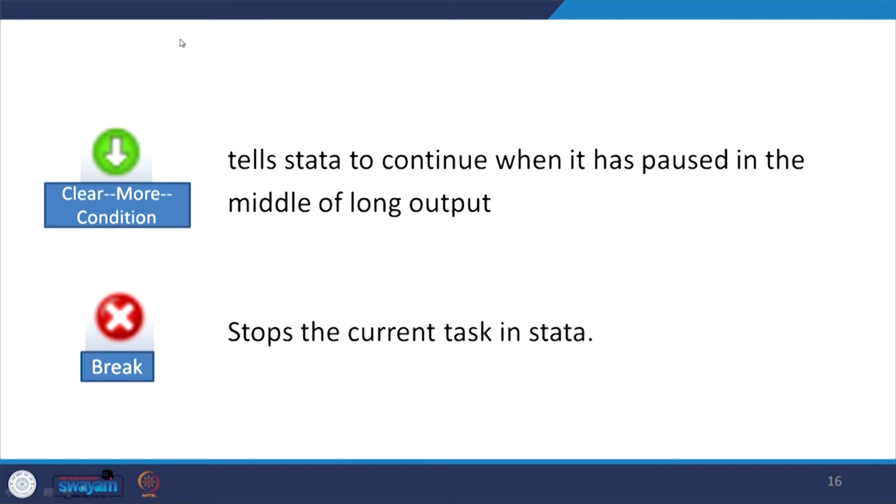Similarly, break: if it is completely problematic and you have already run a command which is wrongly redirected, and that too is taking a huge time, you want to get rid of this problem and come to the end of that result, and it may be the case that it is not so essential for you, you simply break that, okay, break and start your next operation.